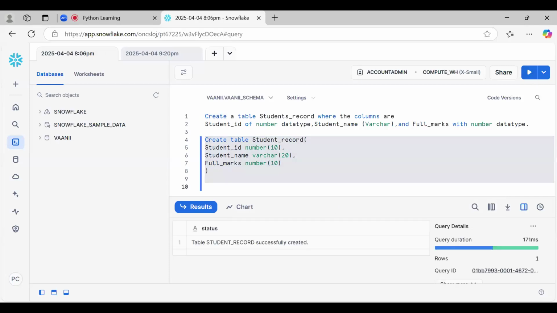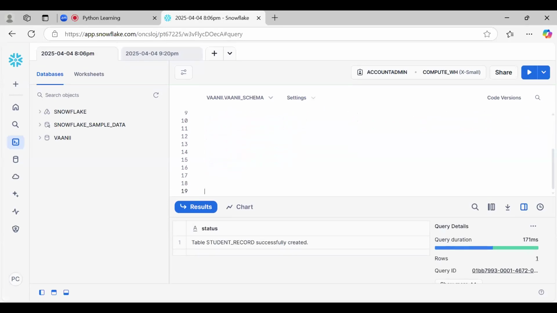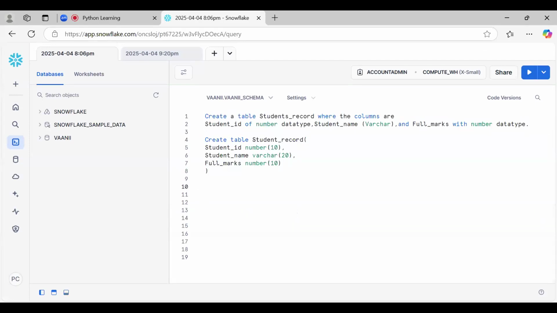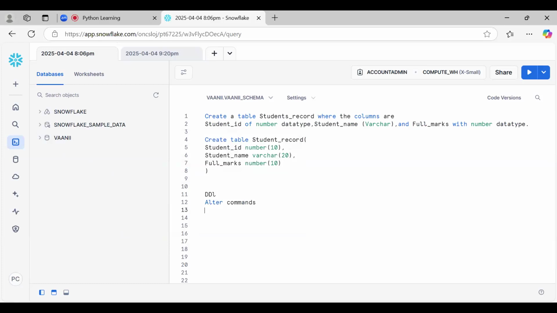So after the table creation, today we are going to do DDL and DML. We'll do some alter commands today. Also, when I give you the credential, you can create your own tables here with underscore your name. You can just put your name at the end and practice there. So let's go to the first alter command. First, let's go with renaming the table.